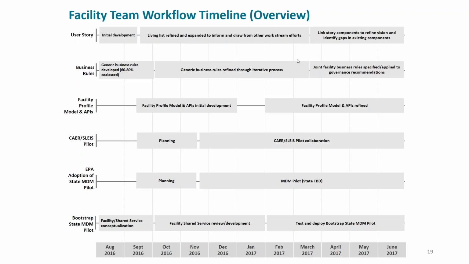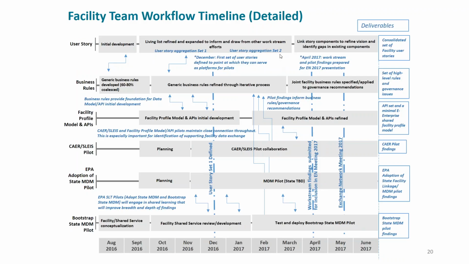And on the next slide, which is really complex, and I really don't expect you to be able to read, but what this illustrates is the iterative processes and the interconnectedness between the work streams. So as draft products go out for review, you see some deliverables identified on the far right of this chart. As those deliverables go out for review, we'll take feedback from those and feed it back to the other work streams. So we're fixing to release an initial draft version of user stories, and we'll take feedback from that and feed that to the business rule team. As the APIs are developed and implemented throughout the process, we'll identify additional business rules, which will then feed back to the business rules,